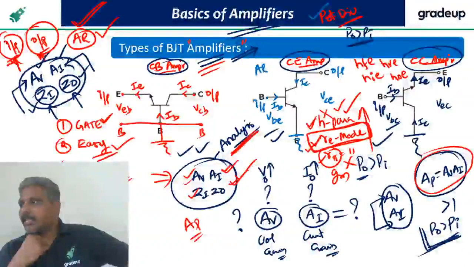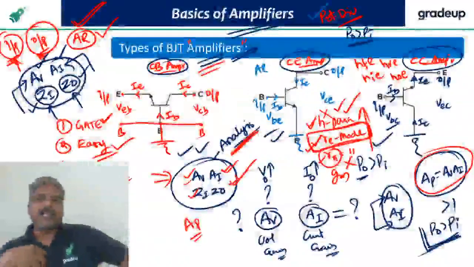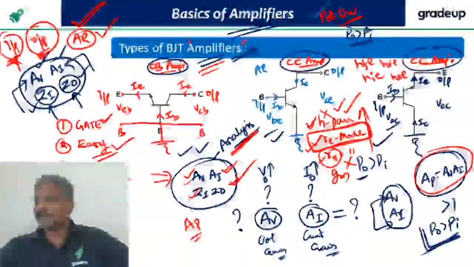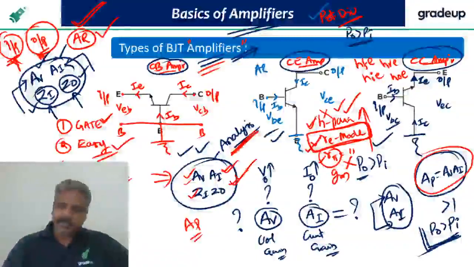Sir, repeat why analysis of Zi and Zo. Zi and Zo affect the voltage amplification and current amplification in an amplifier. That's why Zi and Zo are required. How to learn all these models, sir? It is very difficult to memorize. No, Saurabh, not at all. Not at all difficult. I will make you.